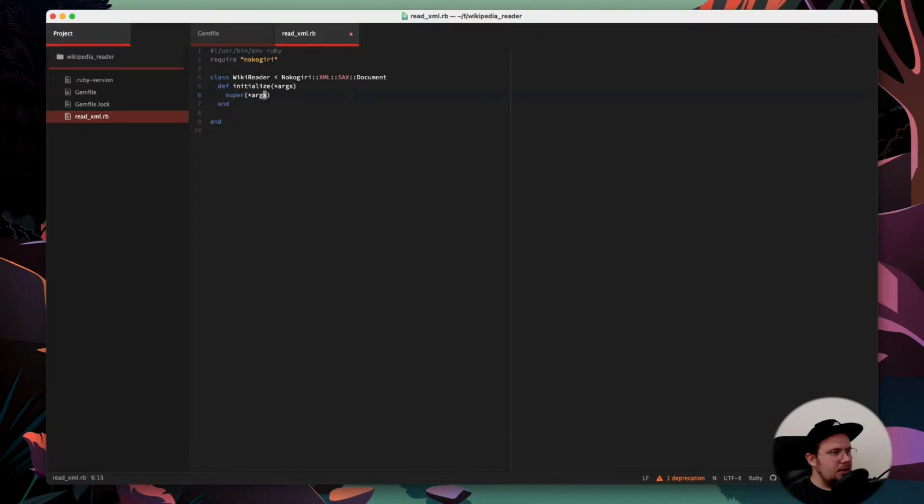Right. And then I'm probably going to initialize some variables later, but there are some magical methods here from Nokogiri which I have to define, like start_element, and then its name and attributes. So actually that's it. I only need another thing here, which is to create a parser, and it's going to be Nokogiri::XML::SAX::Parser.new,